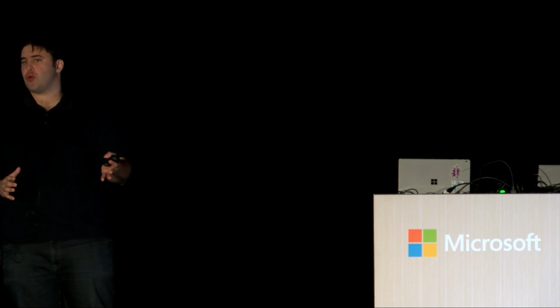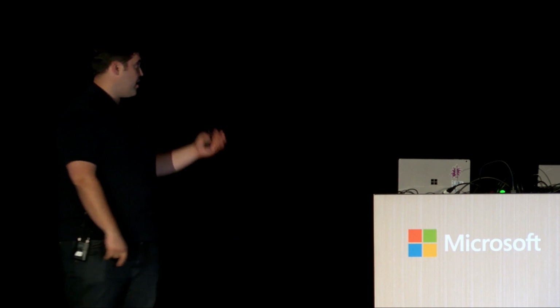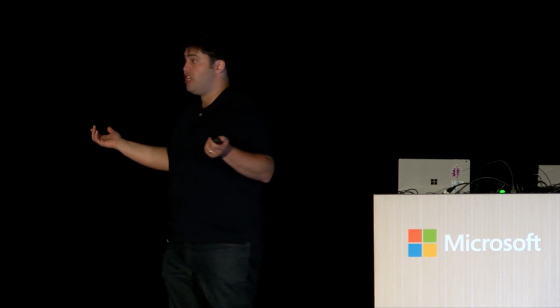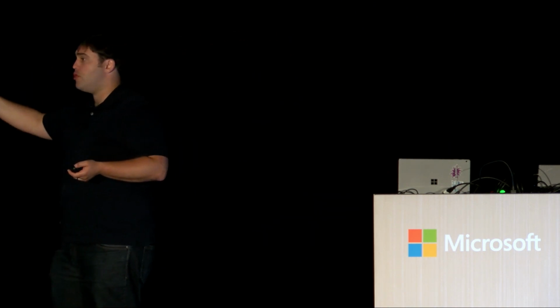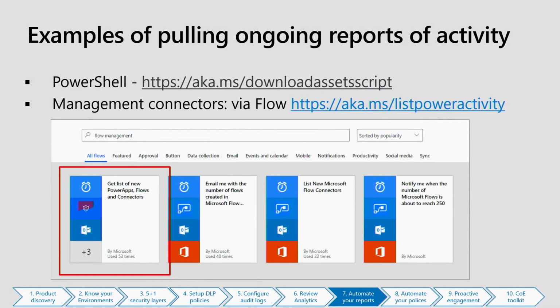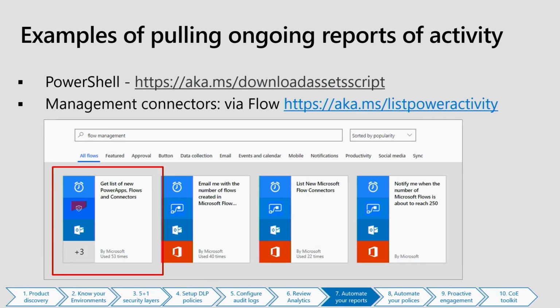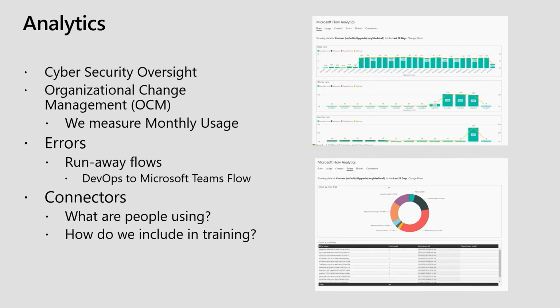you can automate your governance story. One of the templates here that Ken helped create back in the day runs, I think, every week or so, and provides a report of activity that is created, like new apps, new flows, and new custom connectors within your company. This flow just sends you an email, but part of the power of Flow is you can then customize it. Leverage those 250 some odd connectors, throw that data into storage, have approval processes around some of them. Really, it's up to you. But they're also extremely powerful from a reporting perspective.